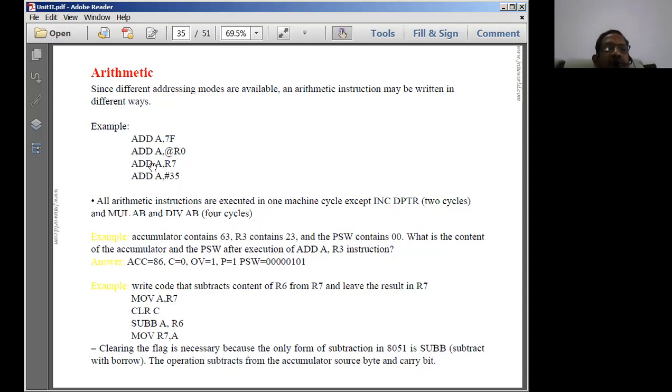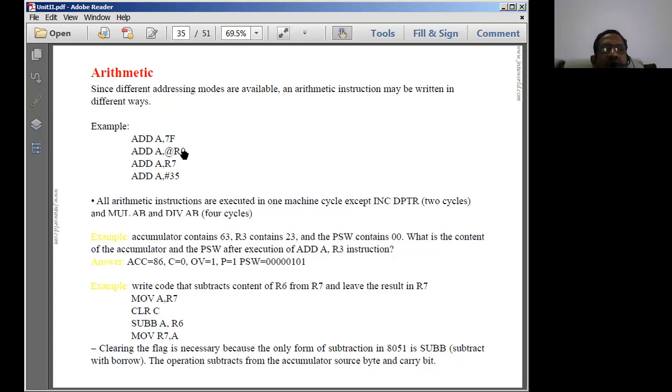Examples of arithmetic instructions: ADD A, 7F means the contents of accumulator are added with the contents of address 7F and the result is stored in the accumulator. What type of addressing mode is involved here? It is direct addressing mode, because the address is directly mentioned. Then ADD A, @R0, where R0 is the internal register.